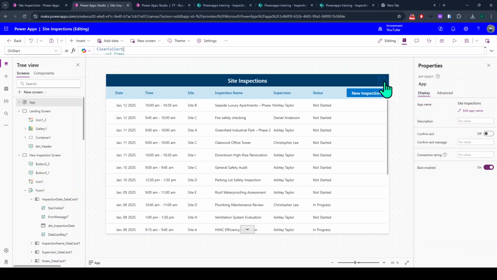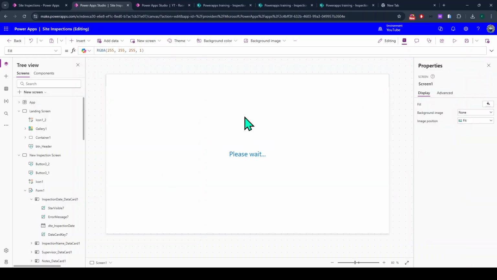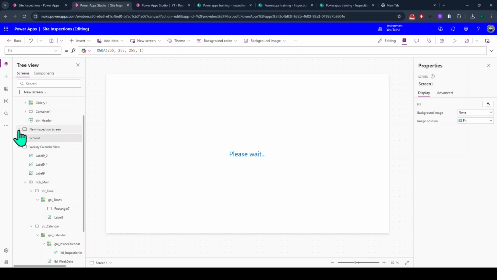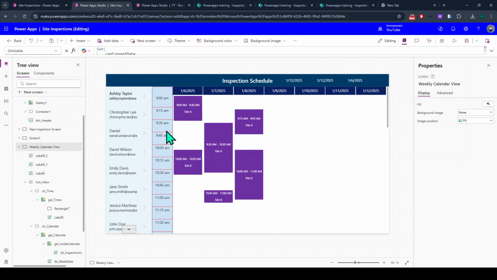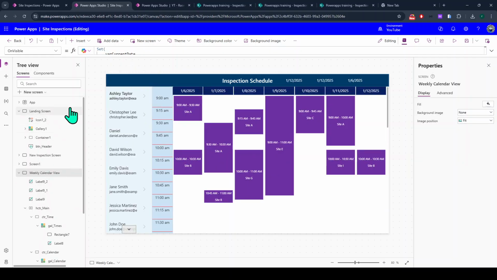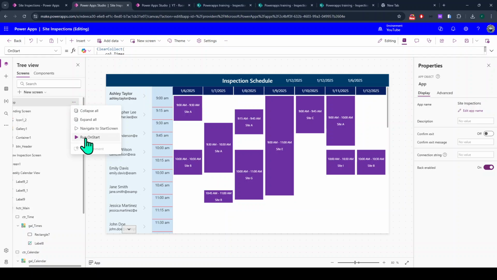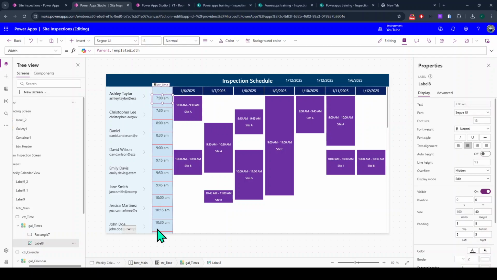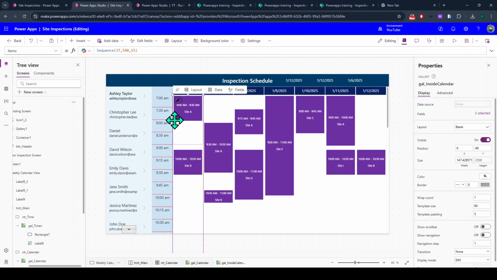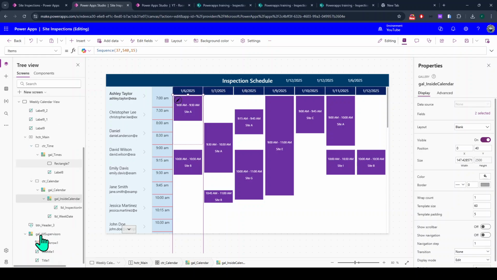So if I go to the calendar, let's say, okay, this is not the app, this is the screen. Now you see it's starting from 9 a.m. But if I trigger the app OnStart, it goes from 7 a.m. So this is how you can change it. But you notice this changes only here. It does not change anything here, right? So what you need to do,